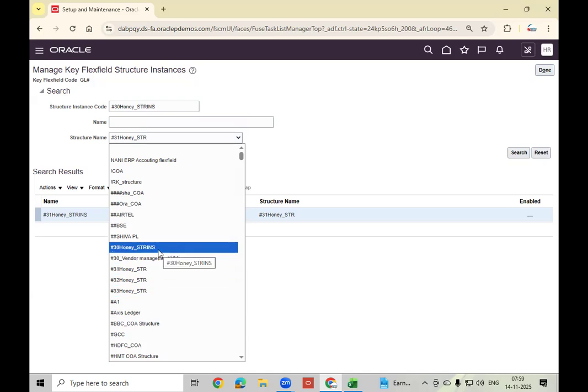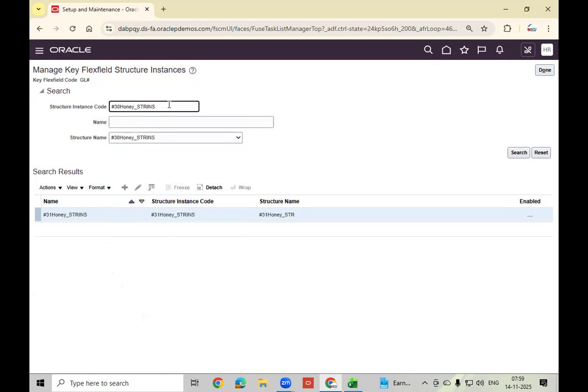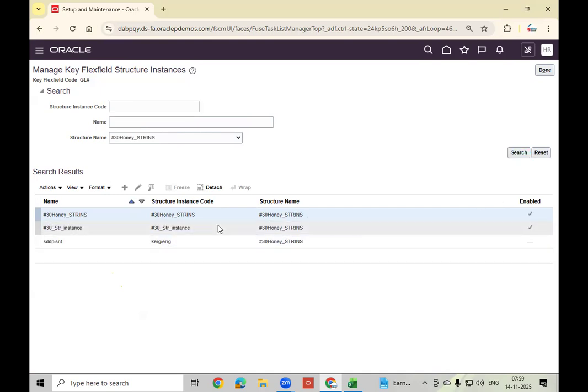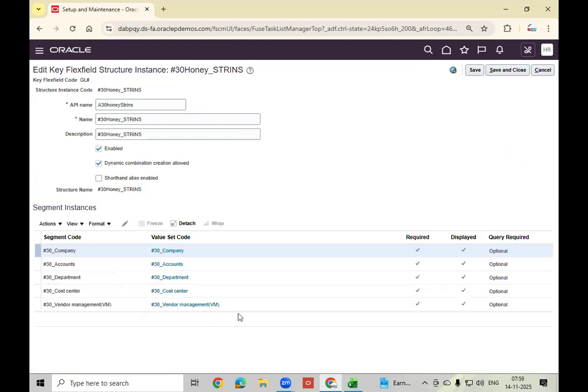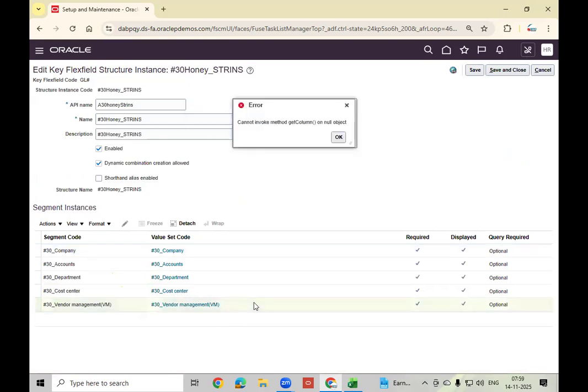This one, right? Correct one. Okay, here also three are there. This one, how is this coming?